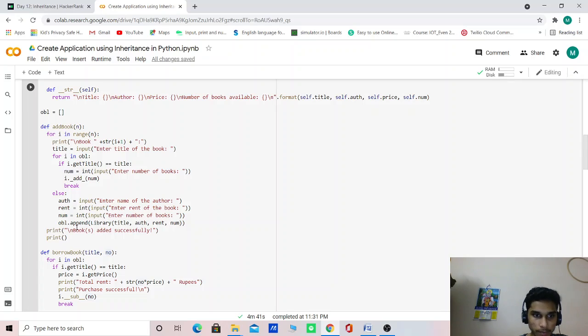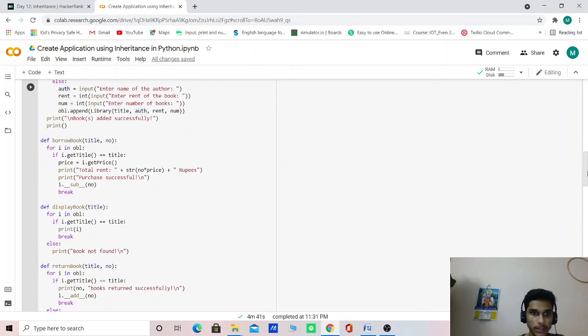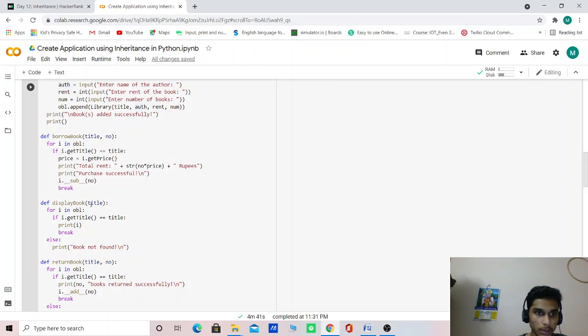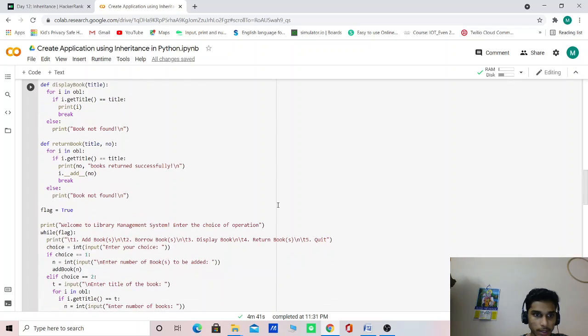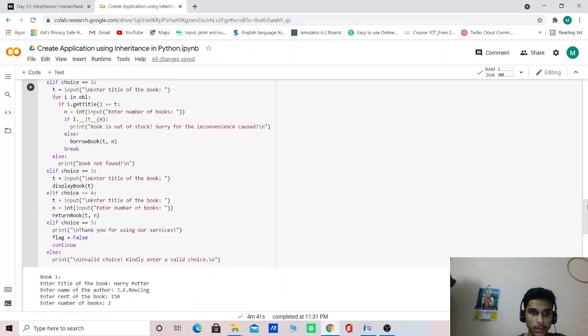Then if everything is given here, it will show books are added successfully. Likewise, we are giving for borrow book, display book, return book, and flag is equal to true. This is the statement which will run the program.